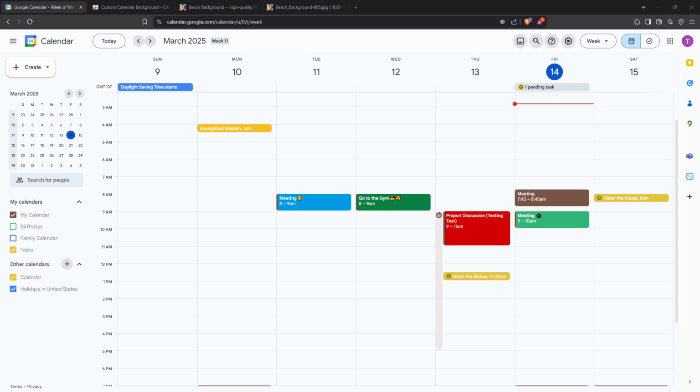In today's video, I'm going to teach you how to add a custom photo background image to your Google Calendar, updated for 2025. If you're tired of the plain, minimalist look of your Google Calendar and are yearning for a bit of personalization, then this guide is perfect for you. By the end of this tutorial, you'll have a beautiful custom background to look at every time you check your